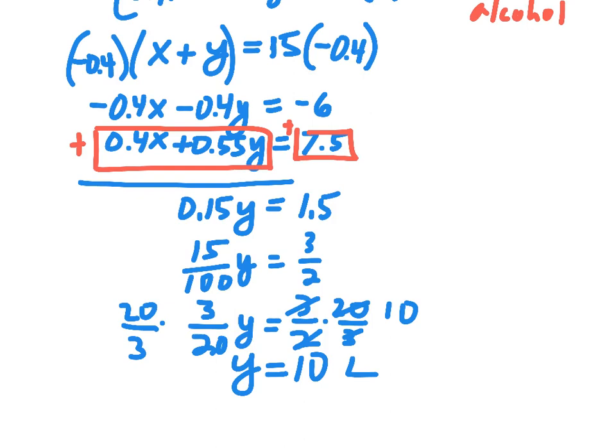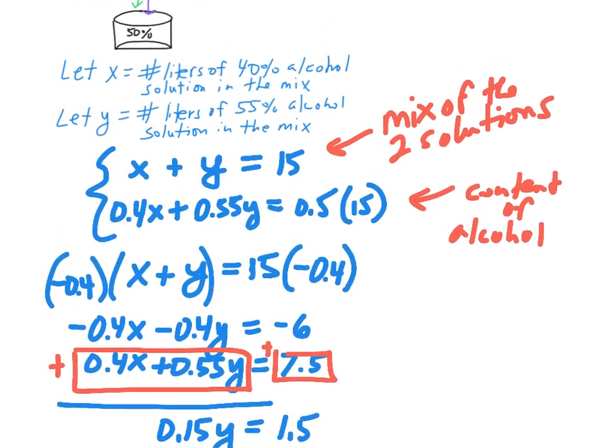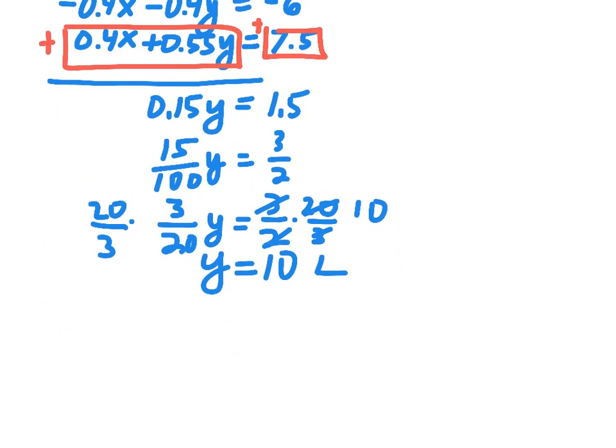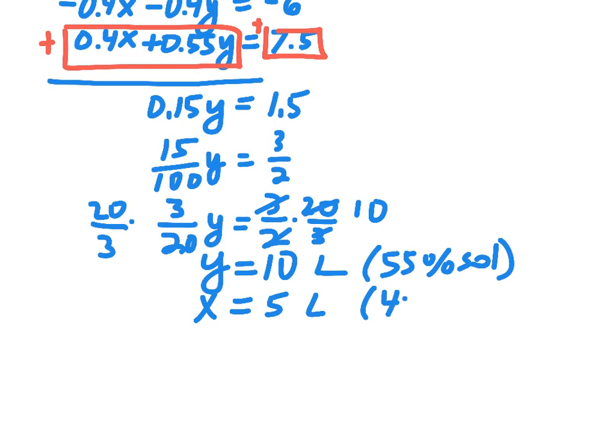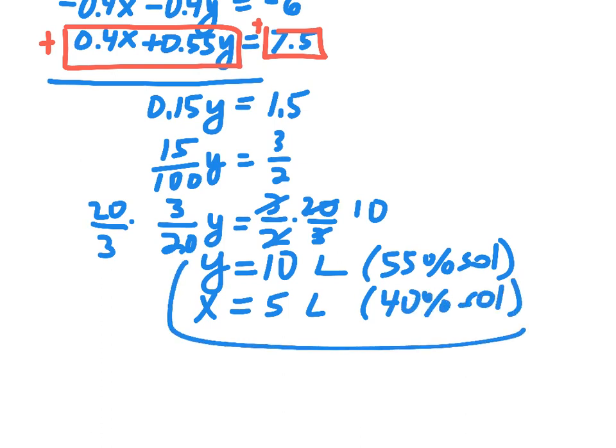So the y is the 55%. Remember we said there'd be more of that, so that's the 55% solution. And the x is, remember the total's got to be 15, that's the 40% solution in the mix. Alright,